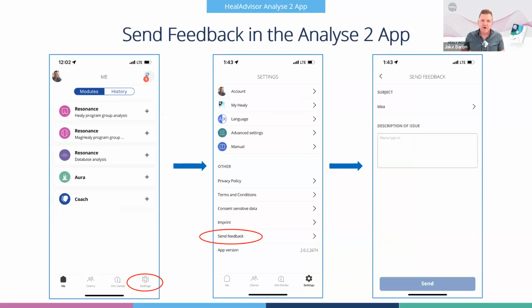As you're going through it, if you see things where you think, hey, I wish we had this feature, or I really wish we could do this here or there, send us feedback. Go to the settings, click at the bottom right of the screen, and within there's a send feedback option. Within the feedback section you can pick whether it's a problem, an idea, or just general feedback, put in the comments, and it'll go right to our product team. And since this is a brand new app, you're going to see a lot of updates as we go.